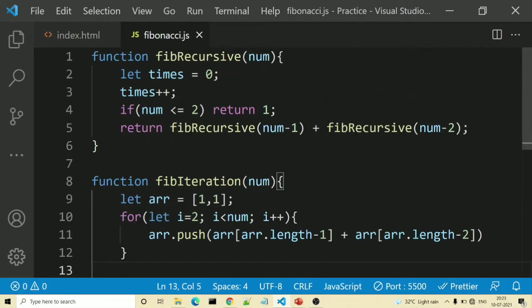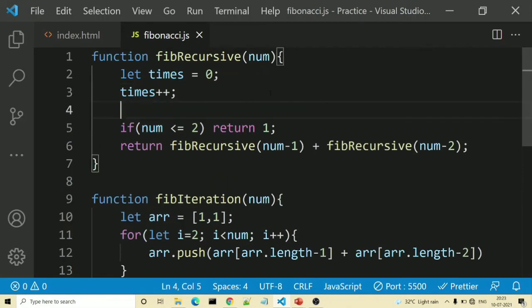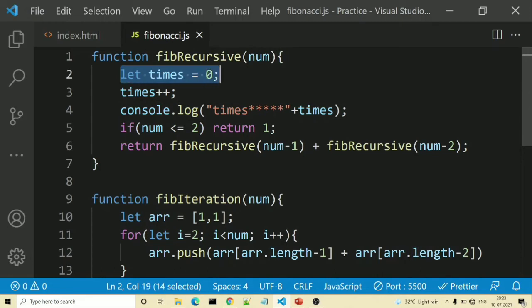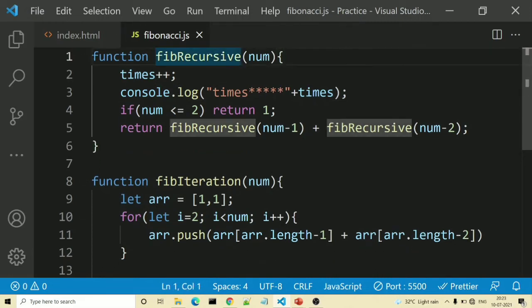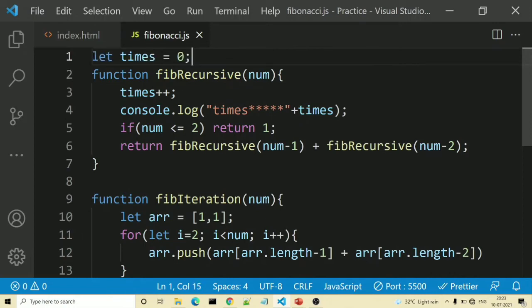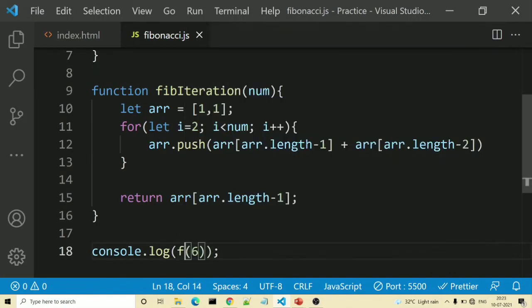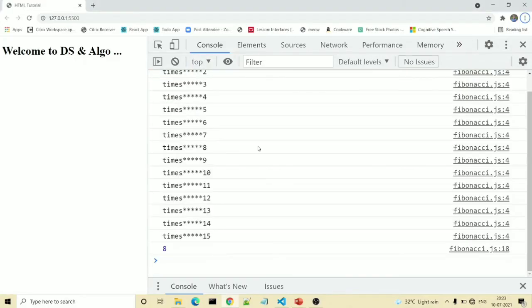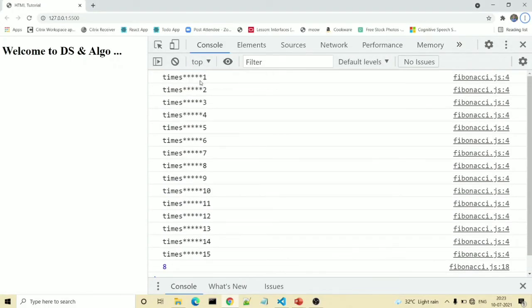Control X, and here this will go outside, not inside the function, otherwise every time it will become 0 for us. We need to call this function fib recursive now, and here we are able to see it is called 15 times.